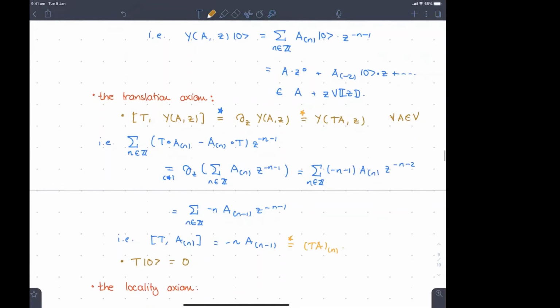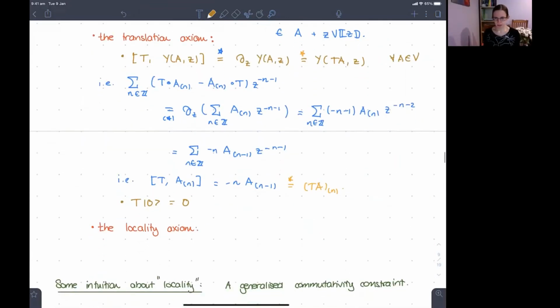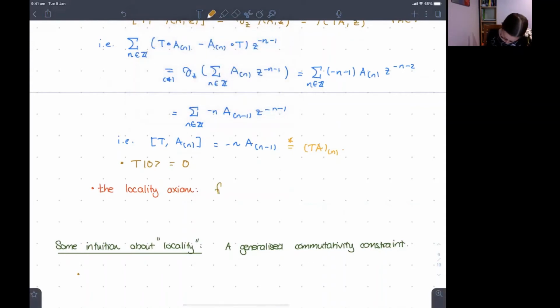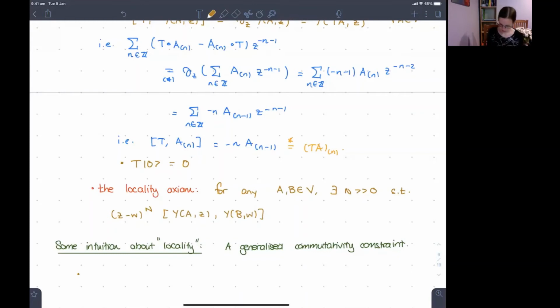Okay. And then we have the locality axiom, which is some kind of commutativity constraint. And it says that for any two vectors a and b, there is some positive integer such that if I multiply by this high enough power of z minus w and I compare the composition of Y_a with Y_b, it commutes. So this should be equal to 0